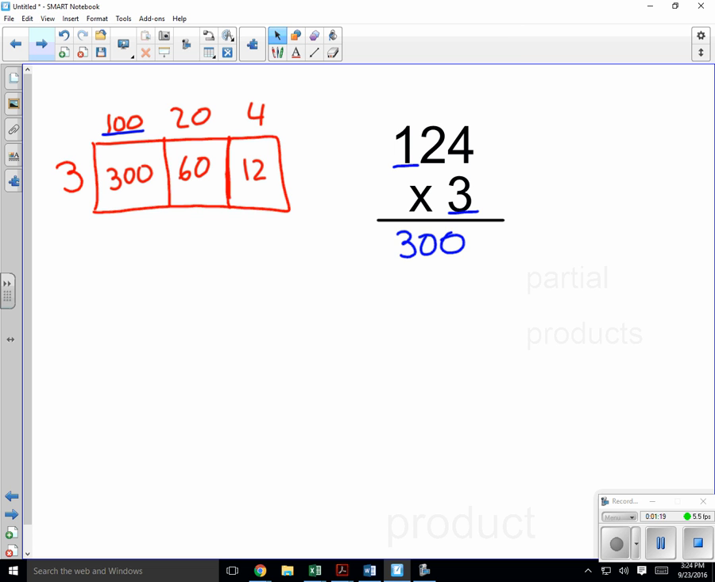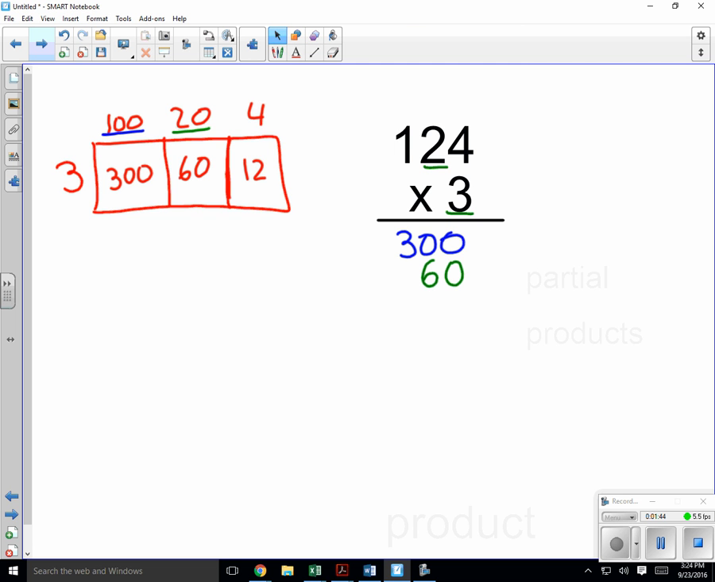300. Now we're going to go to the next digit, and the next digit is 2. But the 2 is in the tens place, so it represents 20. Just like in the model, we multiply times 20. And 3 times 20 is 60. So we're going to place the 60 under the 300, but make sure we align the digits, tens with tens